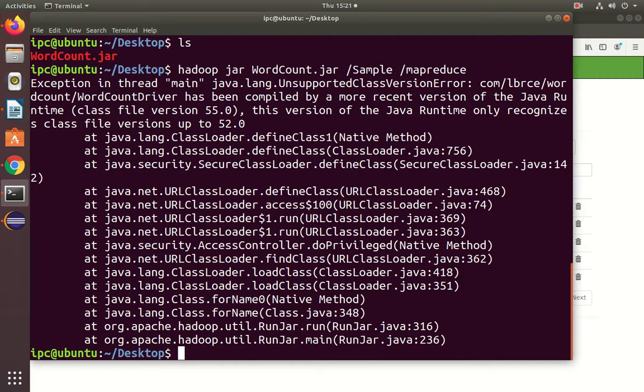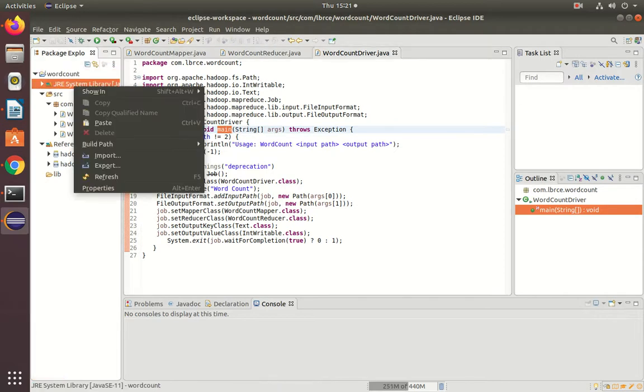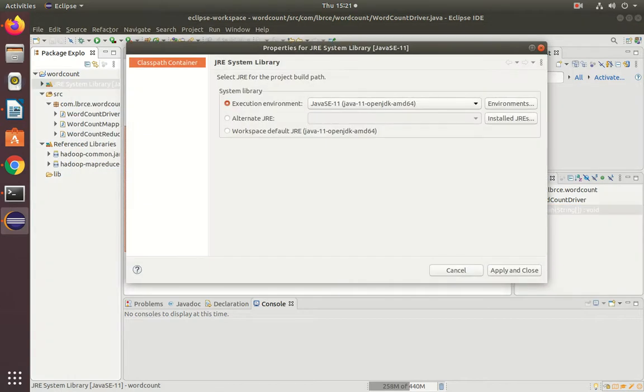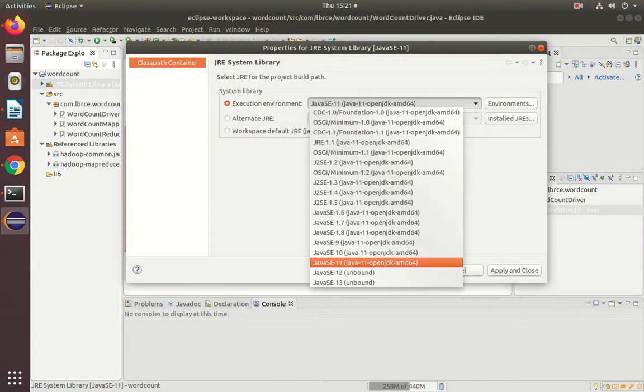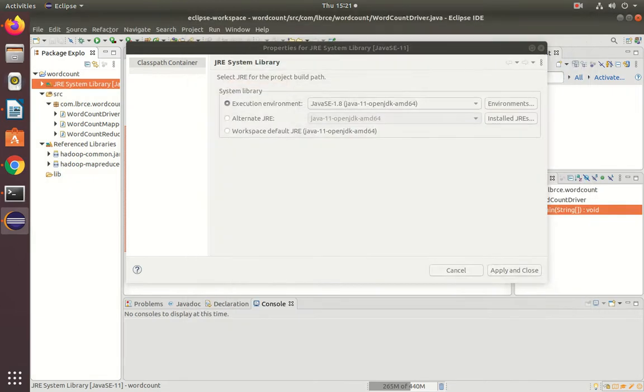See, I have an unsupported class version error. If you get this kind of error, don't worry. Go to Eclipse, select this project, go to properties, select 1.8, apply and close.